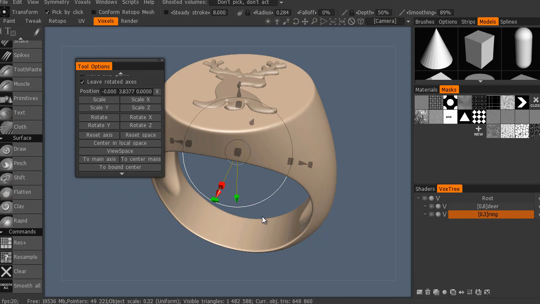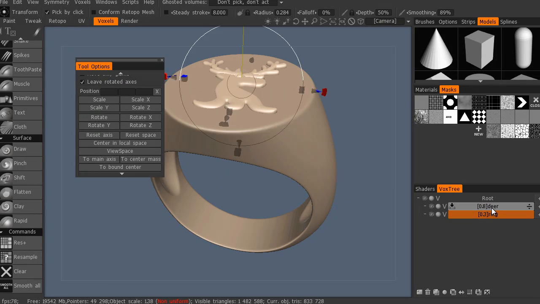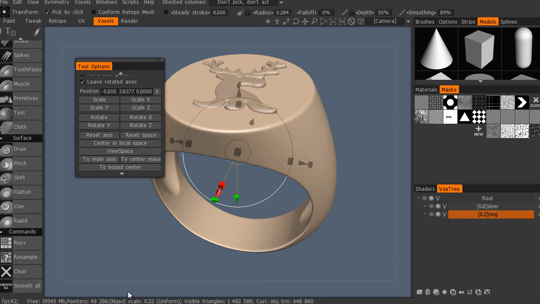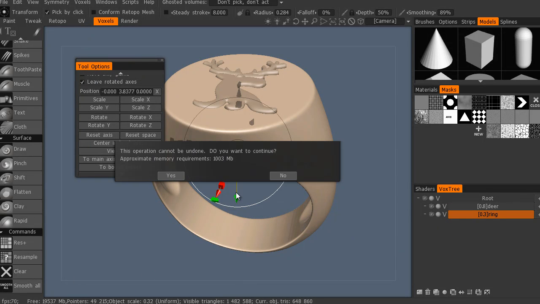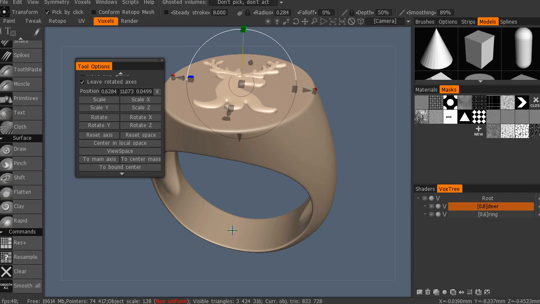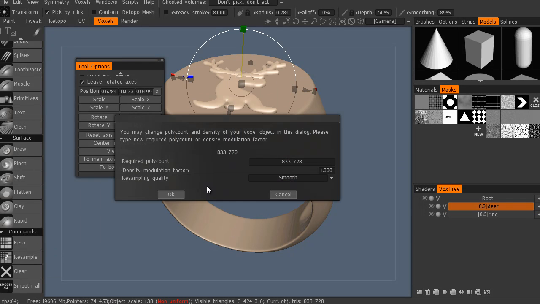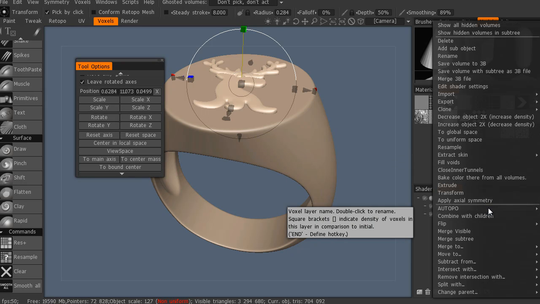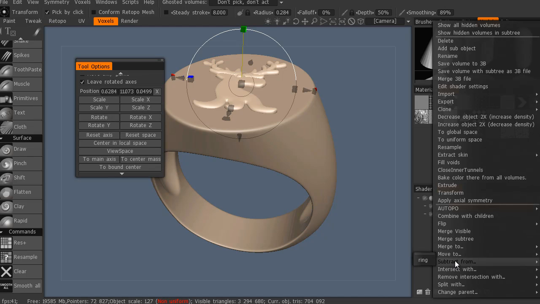Alright. Now I know that if I subtract that deer head, let's have a look at the deer head, I have two different densities over here. Okay, so the deer is at 0.8 and the ring is not. So the ring I'm going to just increase its res once. Okay, 0.6 was not quite enough, so the deer, what you need to do, you need to try and resample them down to about the same resolution, so when you do the Boolean difference you haven't got a problem. So the deer, I'm going to go like this, and I'm going to go subtract from the ring,